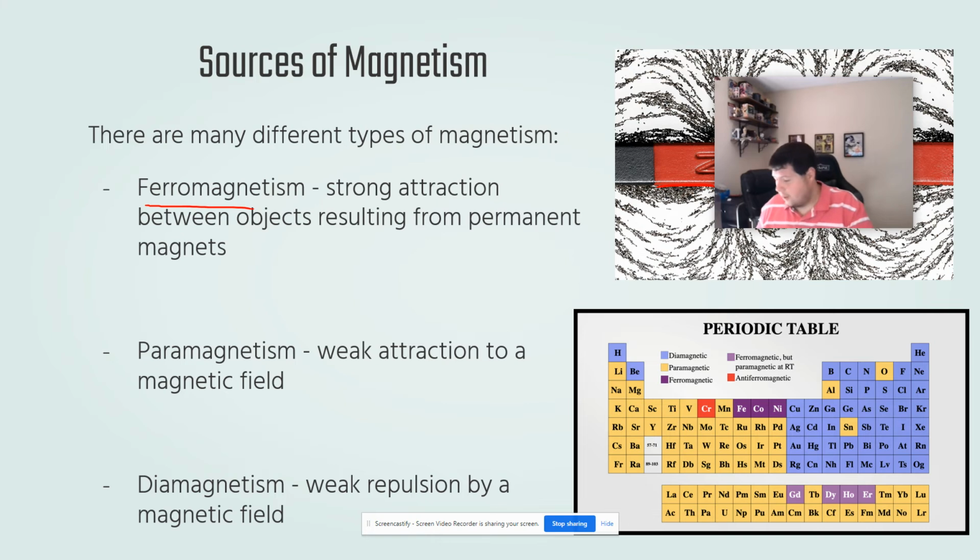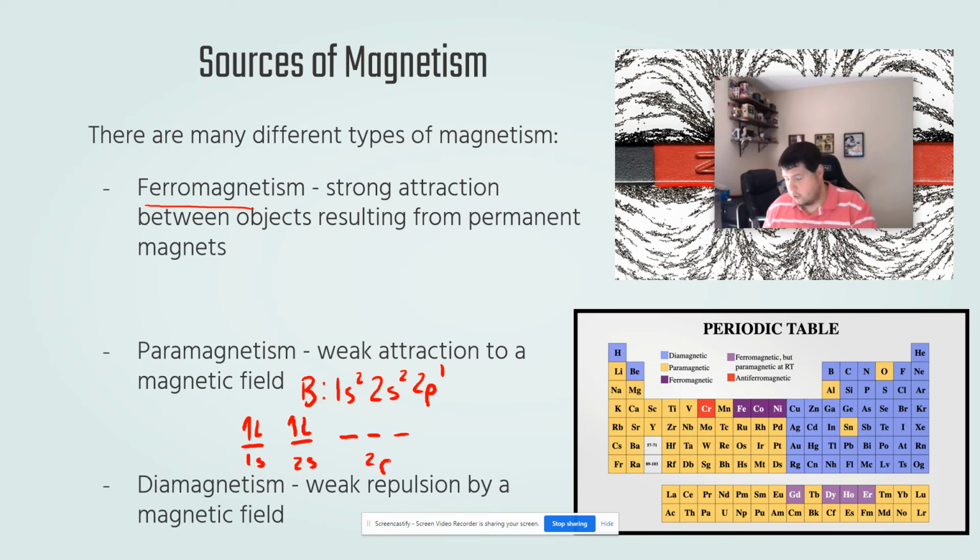You might remember taking a look at the electron configuration of elements. For example, boron's electron configuration is 1s2, 2s2, 2p1. If you were to take a look specifically at how those electrons fill in the orbitals, you have two electrons paired in the 1s, two in the 2s, and in the 2p, there's only one electron, and so it has a spin up, but there's no down in that orbital. And so you might remember that paramagnetism comes from unpaired